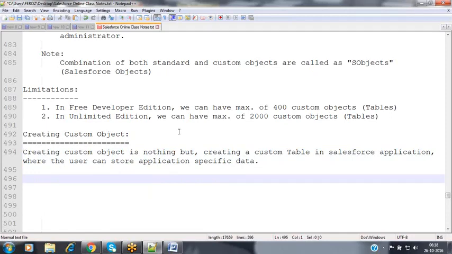It may be banking related, it may be finance related, or whatever. Now I would like to create a table with the name Some Customer. Let's see how we can create that object in Salesforce.